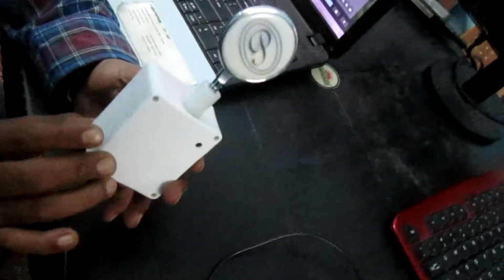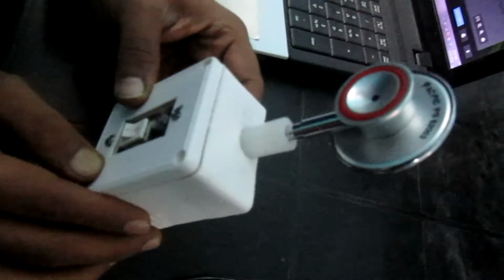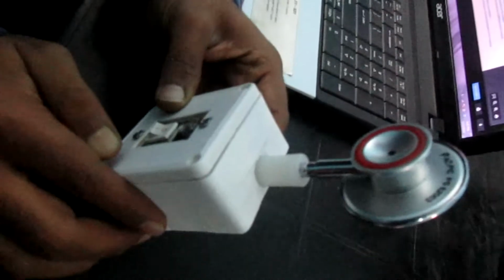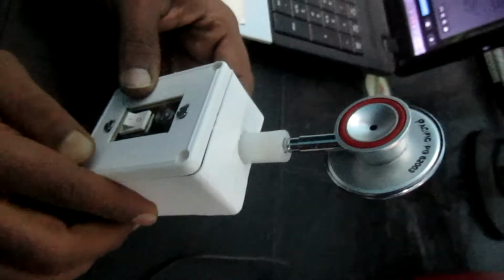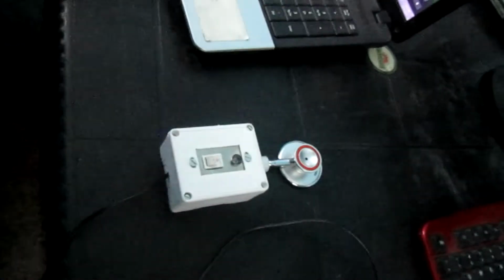Now this is a simple device. It uses a normal chest piece of an ordinary stethoscope to catch preliminary heart sounds, which are then digitized using digital signal processing technology to show the waveforms. It comes with a software